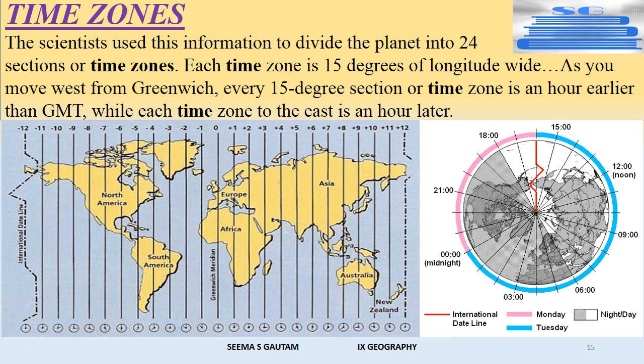Due to vast east to west longitudinal extent, many countries have more than one time zone. Example, Russia and USA have 11 time zones, Australia has 8 time zones, Canada has 6 time zones, etc. France has the maximum time zones in the world, that is 12 time zones, because it has several overseas territories. So to avoid such confusion, the countries having large east-west extension have to follow more than one time zone. So they have many time zones.